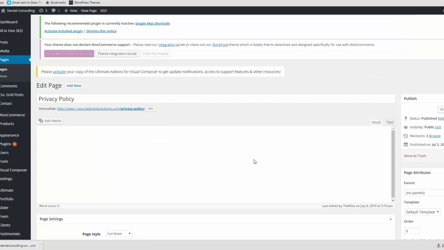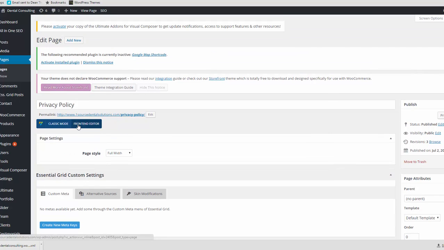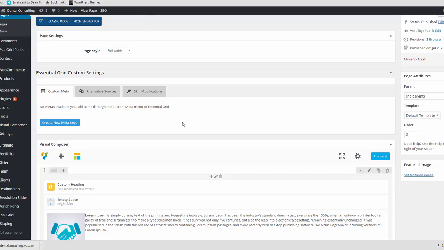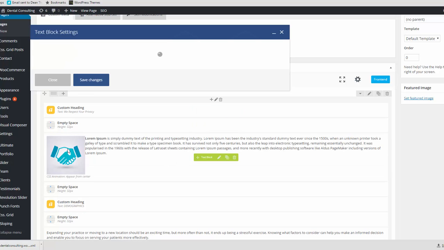See how, oh shoot. See how close the, so we're no longer in front end editor. That was nice, but whatever. We're a back end editor. See how close the image is to that? That's not really ideal. So we go back to text block because we're just going to mess with that whole